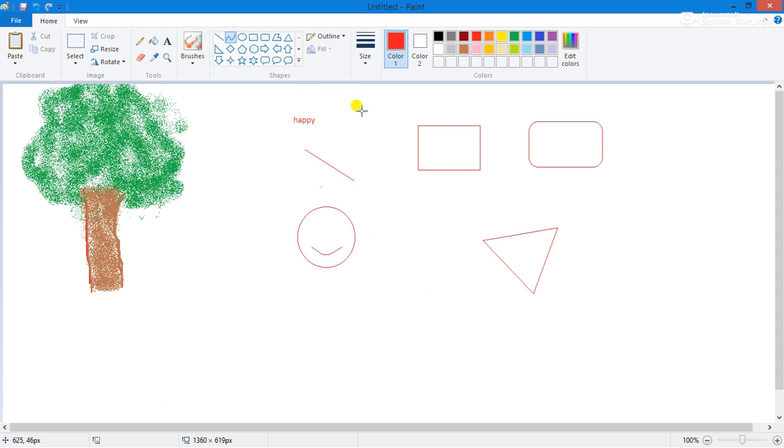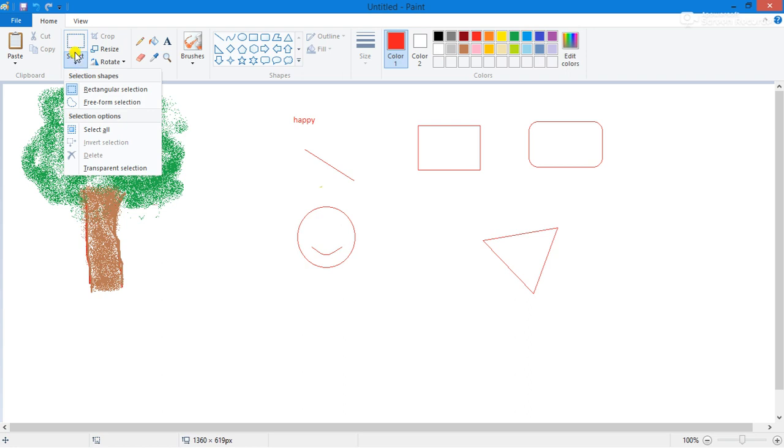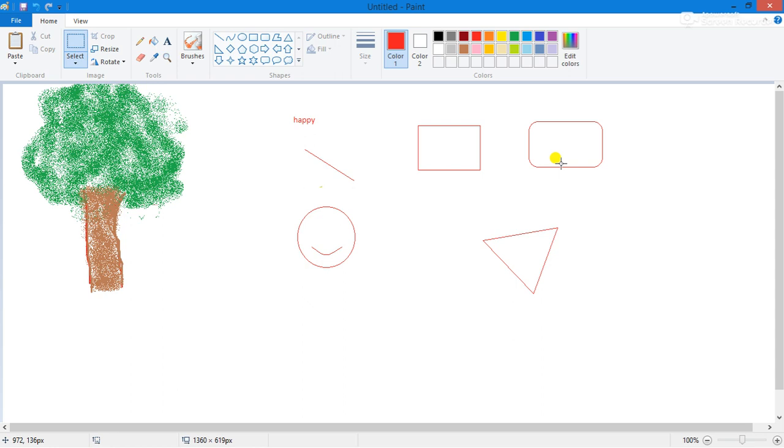Then using the selection option, select tool. Select tool is used for various options, like if I want to resize, rotate or move our picture from one place to another, we have to select that shape first. So first click on the select option. There are so many selection options given here in this tool, but I am using the rectangular selection. With rectangular selection, I want to move this rounded rectangle to another side. So I select it and click on the box of the dashed border line and move this picture to any side you want to place.